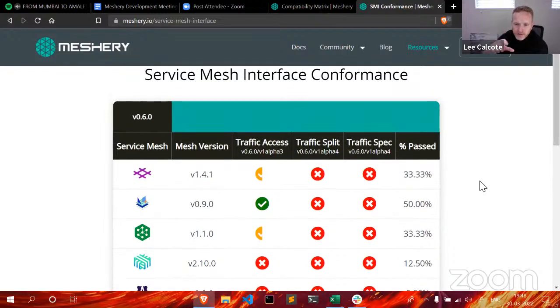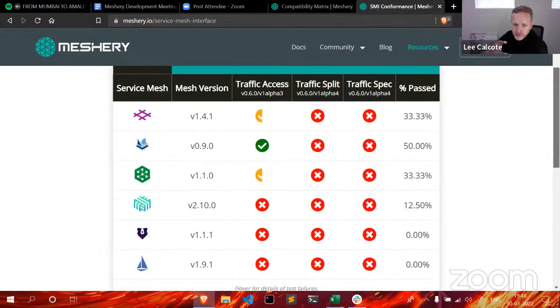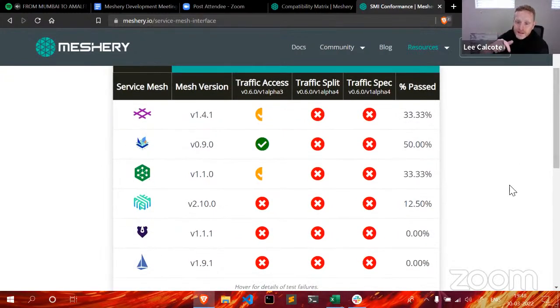Like in this example, great. So there are different versions of service mesh interface and the 4 specifications that service mesh interface has. Good. Each individual service mesh at different versions. Are those versions compatible or not? Good. Now, the test cases themselves, so why there's a green check mark or not, there's a specific set of